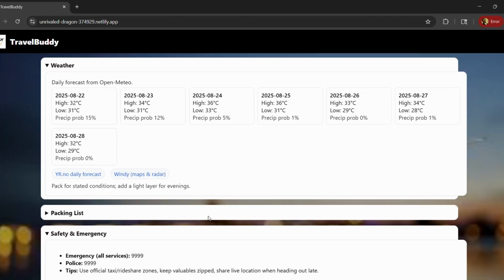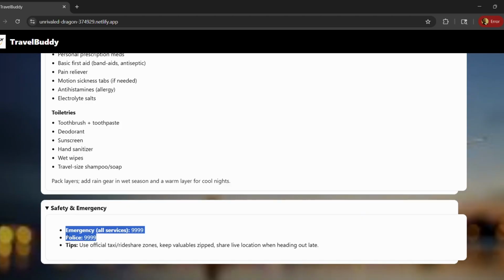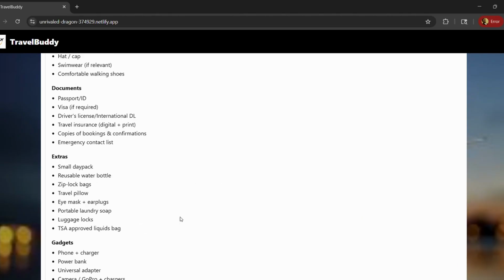friendly and luxury. It also gives us what the weather is going to be like throughout the journey for those 7 days. Not only that, it also shows us in the packing list what are the items that the user can pack or must plan for. And lastly, it gives you the safety and emergency numbers that are important for every tourist to have when they're